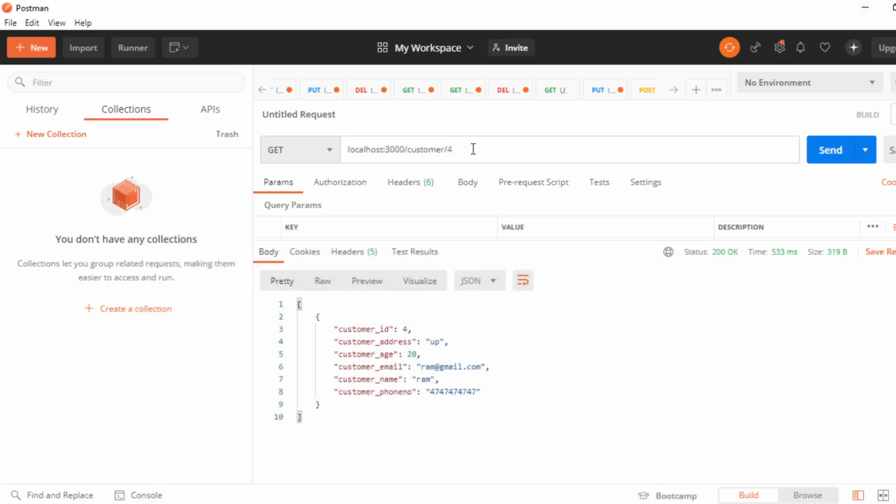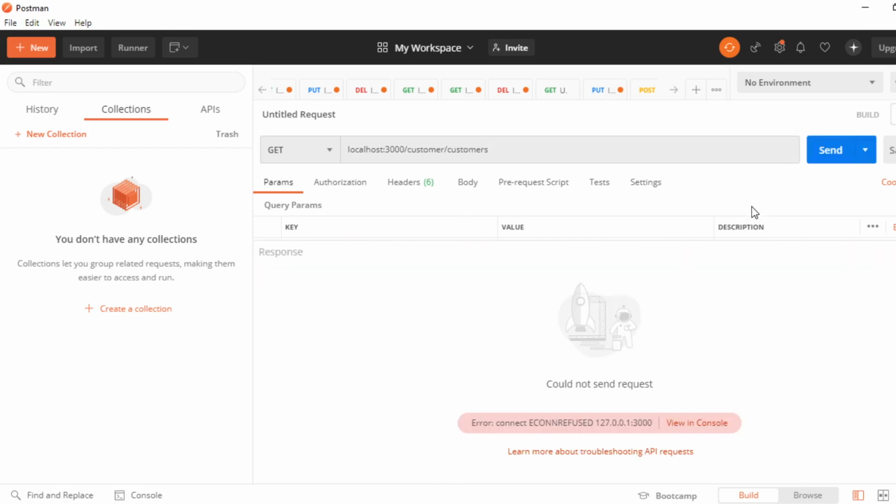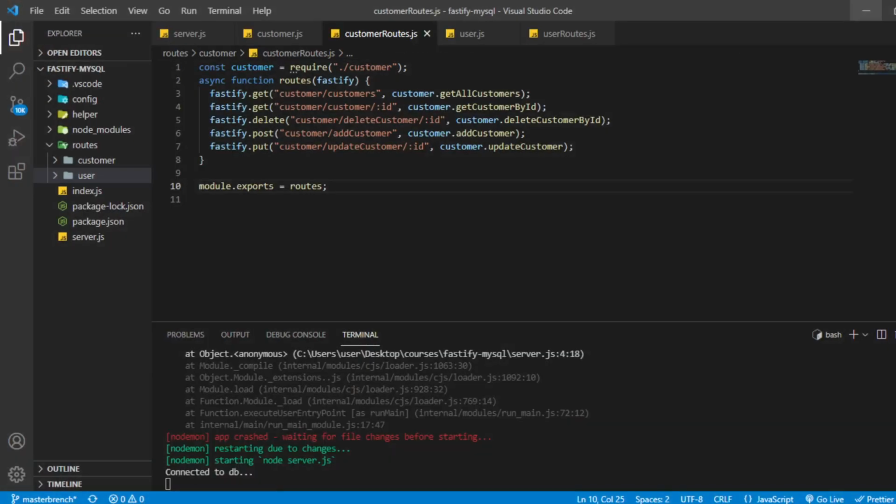So let me just try customer first and then customers. It should give us all the customers which are purchased in our database. So let's see whether it is working. Come on, it is giving me an error. Customer slash customers. Okay, let me see what we have done.